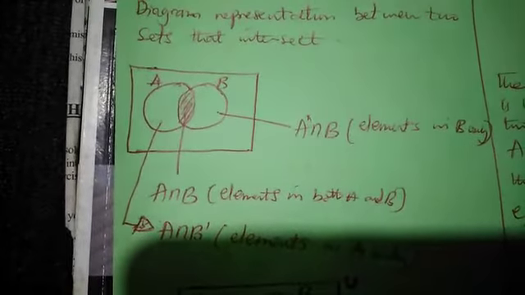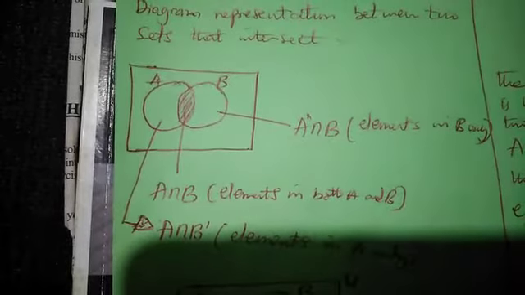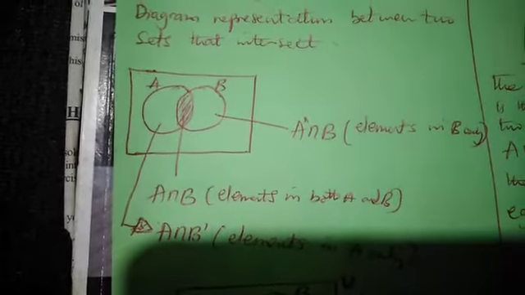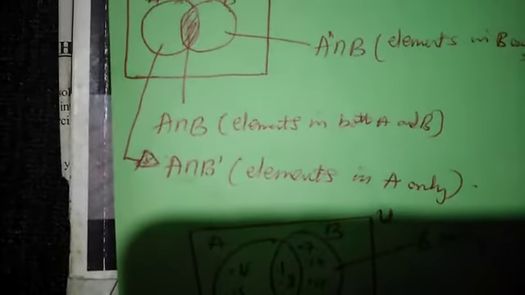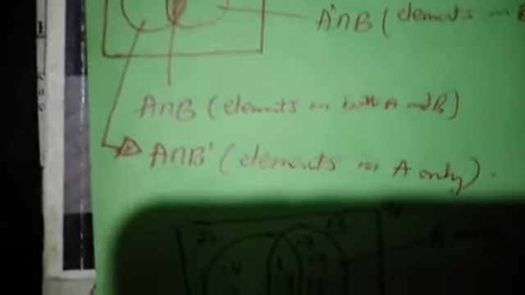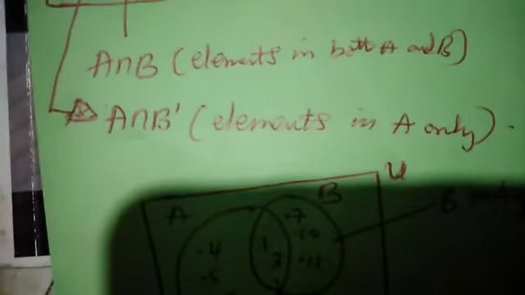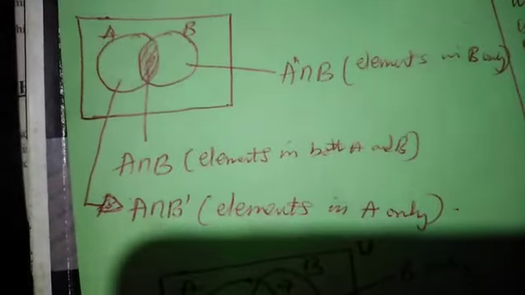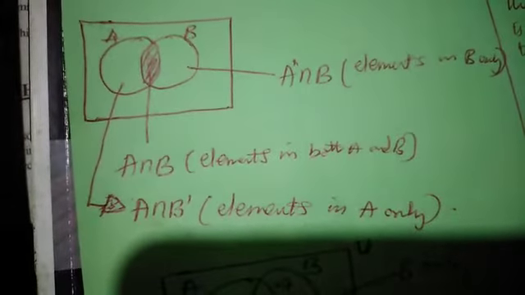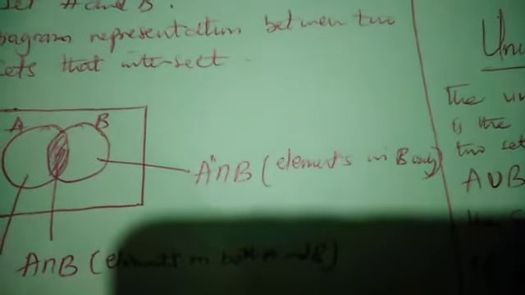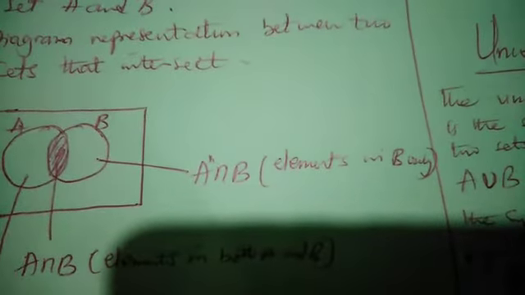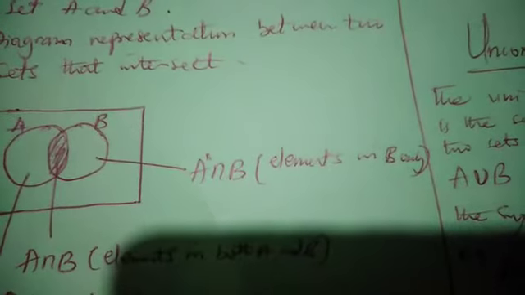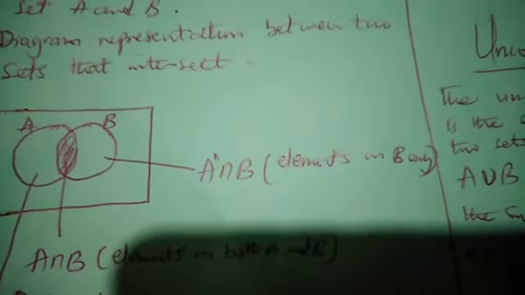So we have those elements that belong to only A and those elements that belong to only B. See how it is made. If we want elements in only A, you see that we put the complement on B when using the operation intersection. Look at the representation on the diagram. A only, B only.